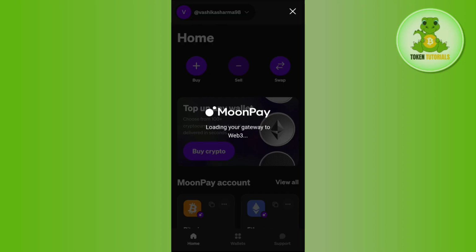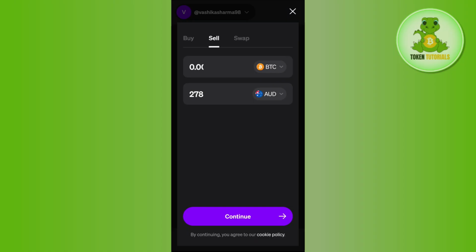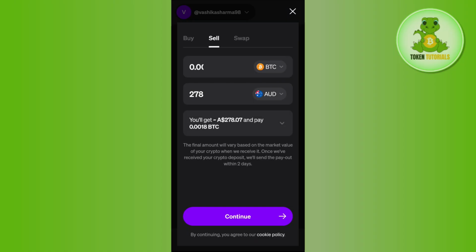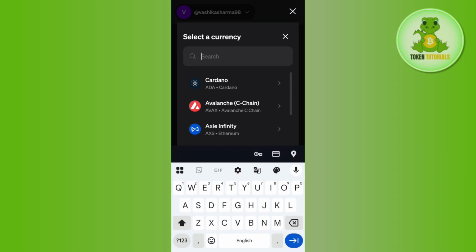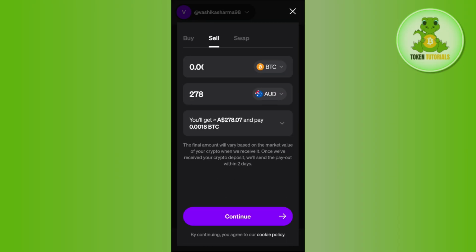on the home page. You can also just scroll down a bit in order to see how many cryptocurrencies you have in your account and which cryptocurrency you want to basically sell and get the money in the form of cash in your bank account. So once you are here, by default BTC will be selected here. So you can either select BTC or click on this drop down menu in order to select any other cryptocurrencies. After selecting it, you need to just simply enter the amount of cryptocurrency which you want